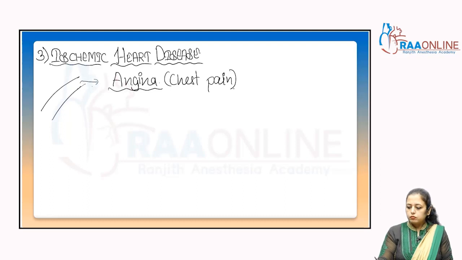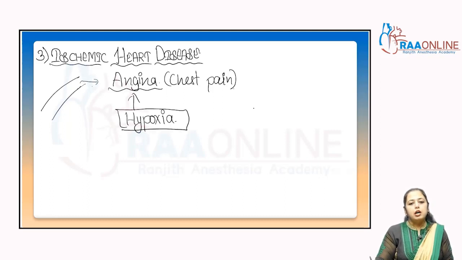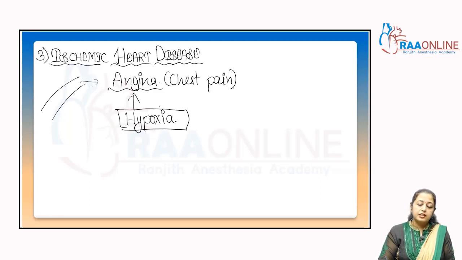That angina, chest pain, is due to the hypoxic condition, or hypoxia, that is a reduced amount of oxygen, right? So what will happen in that case? If that condition is maintained, and if it is not treated by the medicines, then what will happen? We will go for